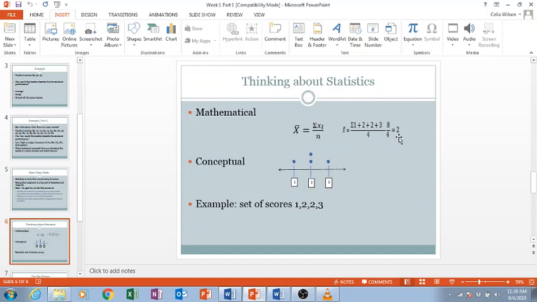But then there's also this other way of thinking about the mean, and it's more conceptual. In a later PowerPoint we'll talk about it, but think about the mean as the balance point of the distribution. So you're looking for the number around which the distribution is balanced. If I take my same set of scores and plot it, 1, two 2s, and 3, and you think way back to the elementary school playground, where you had a seesaw or a teeter-totter,